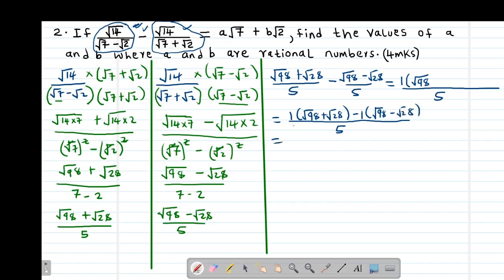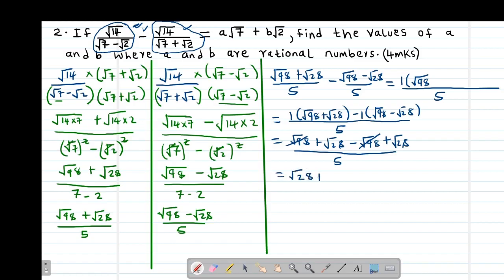So this one will give me, of course, root 98, then 1 times root 28, I'll get root 28, then 1 times negative 1 times root 98, I'll get negative the root of 98, then negative 1 times negative, I'll get a positive root 28. Then the whole thing is divided by 5. Of course this one and this will give you 0, so we are going to remain with root 28,